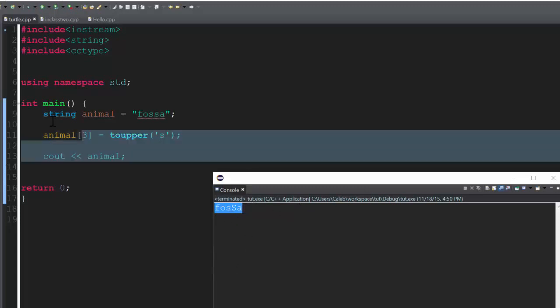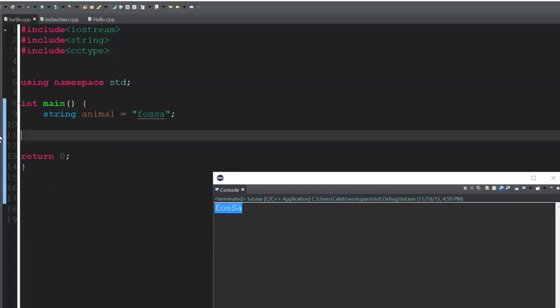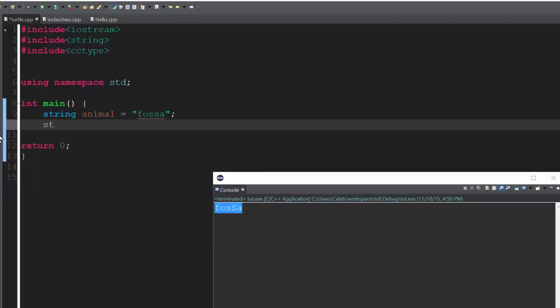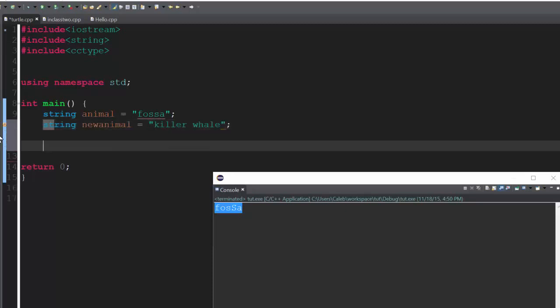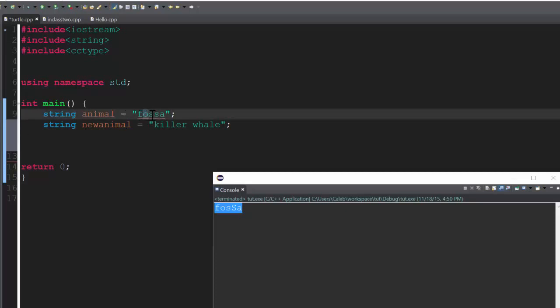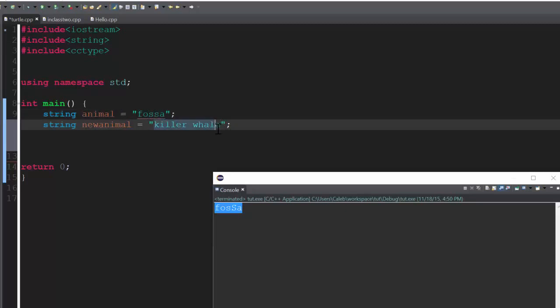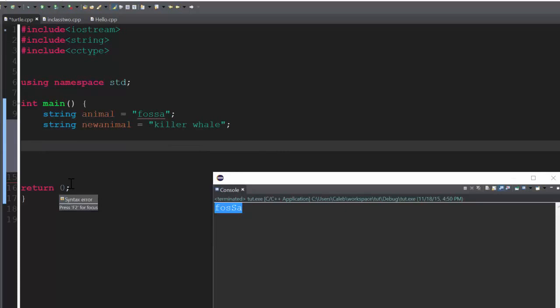I'm going to get rid of all this right here. And I'm going to bring back killer whale. String new animal equals killer whale. And we are going to start replacing things. Okay, guys. So I'm going to replace these 3 letters, FOS, with the whole word killer whale. Okay, guys? And how I'm going to do that is take animal